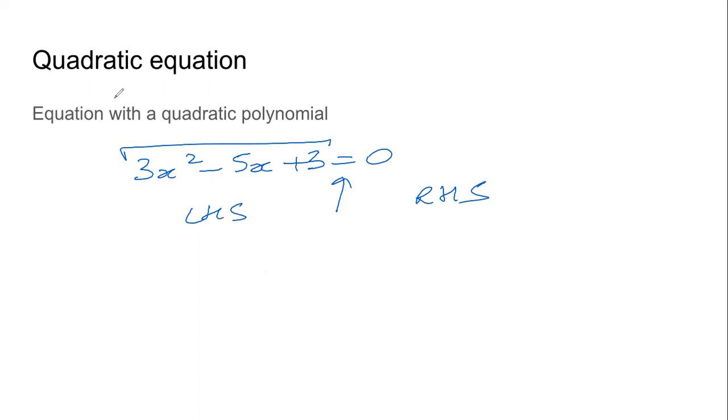In this chapter, we will study how do we solve this type of equation. How do we find the answers? How do we find the values of x for this type of equation? In chapter number 1, we studied equations like this. Linear equations in 2 variables. In this chapter, we will be studying quadratic equations in 1 variable, not 2. Quadratic equations in 1 variable.